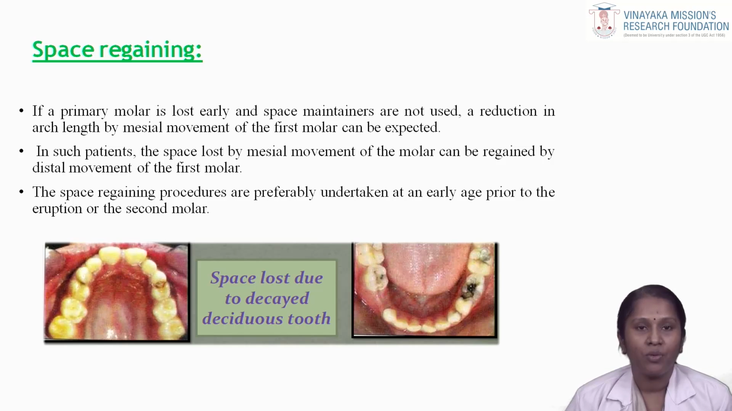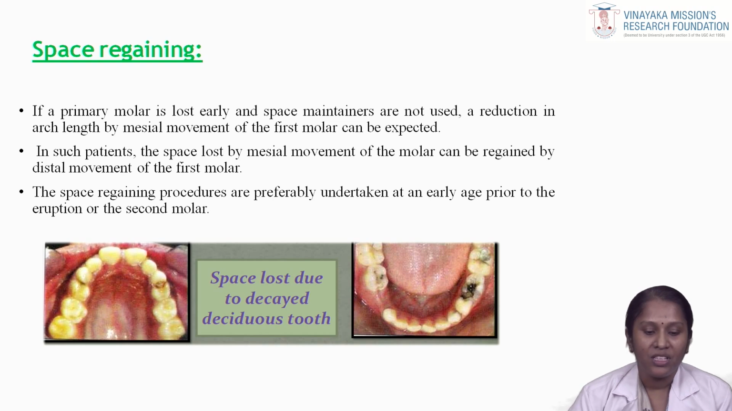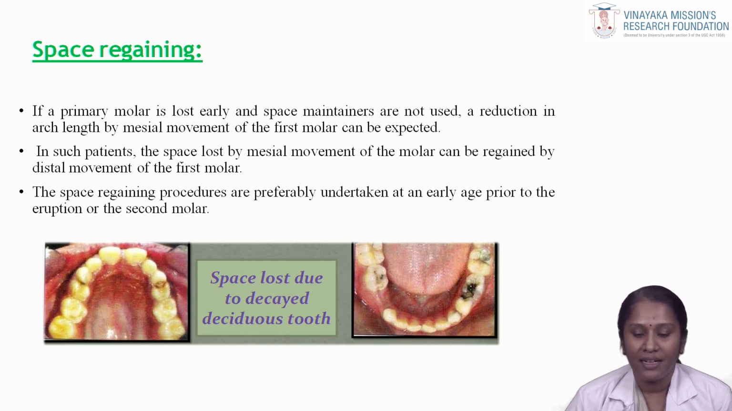Students, now we are going to see about space regaining. What do you mean by space regaining? Suppose a primary molar is lost early and a space maintainer is not used, there will be a reduction in the arch length, and mesial movement of the first molar can be expected. In such a patient, the space lost by mesial movement of the molar can be regained by distal movement of the first molar. So space regaining procedures are preferably undertaken at an early age, prior to the eruption of the